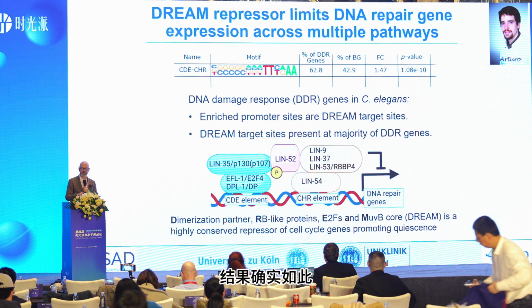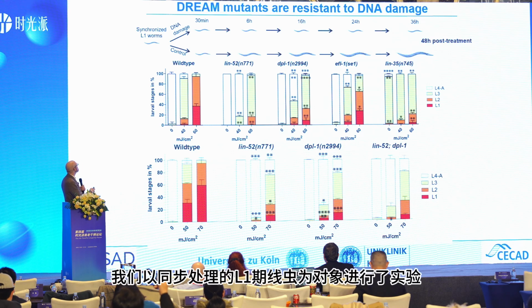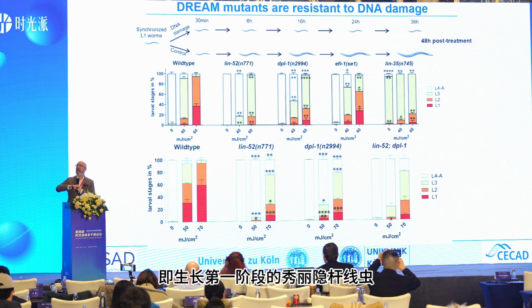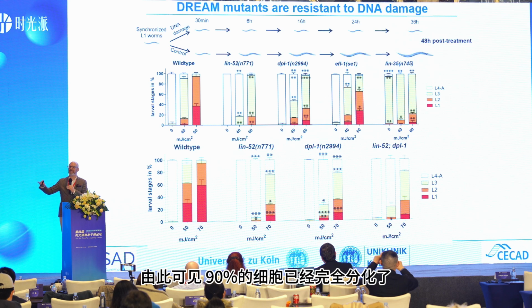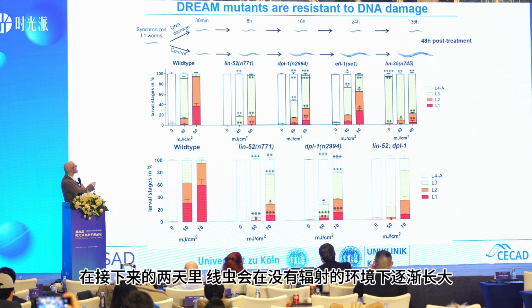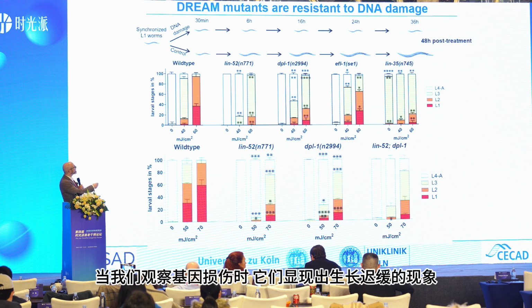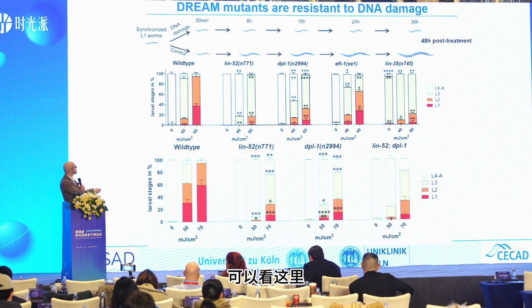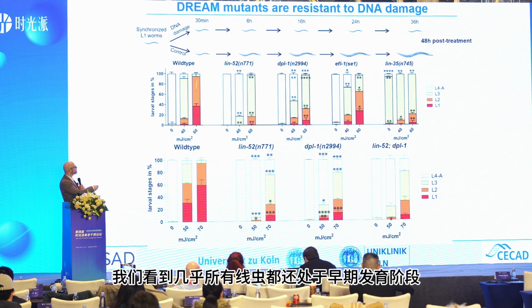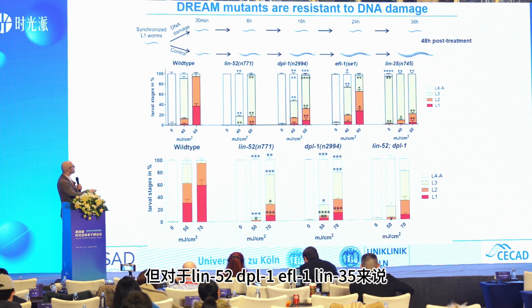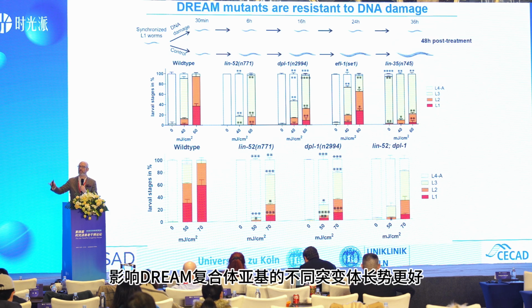That we tested, and it's really exactly what happens. The assay we use here is that we take synchronized L1 animals, the very first larval stage of C. elegans, where 90% of the cells are already terminally differentiated and just grow in size over the next 2 days to form an adult, here without irradiation. When we apply DNA damage, then they show growth retardation, and that we can measure here. At this dose, we see almost all the animals in wild type are still in early larval development. But lin-52, dpl-1, efl-1, lin-35, different mutants affecting different subunits of DREAM, are all growing better,